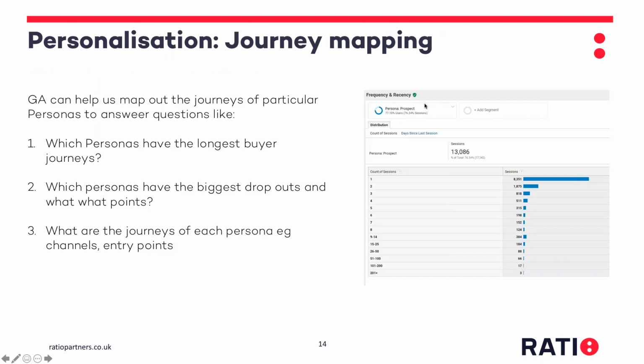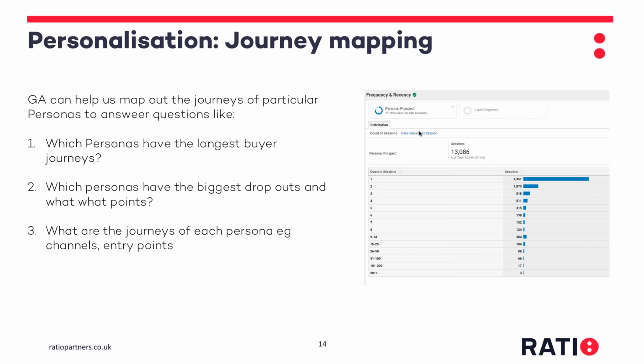Similarly, outside of personas, we can use Google Analytics once we've got a persona in there to do some form of journey mapping. So we can map out the journeys of some of our key personas to work things out like which personas have the longest buyer journeys. Are there particular points in our funnel that have large dropouts for a particular persona? Are there journeys that different personas have in common? Like, do they have a particular channel or marketing channel or landing page / entry point on the website that